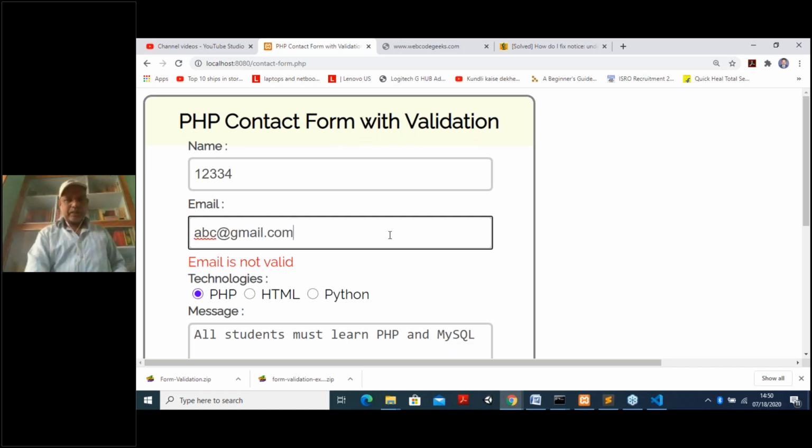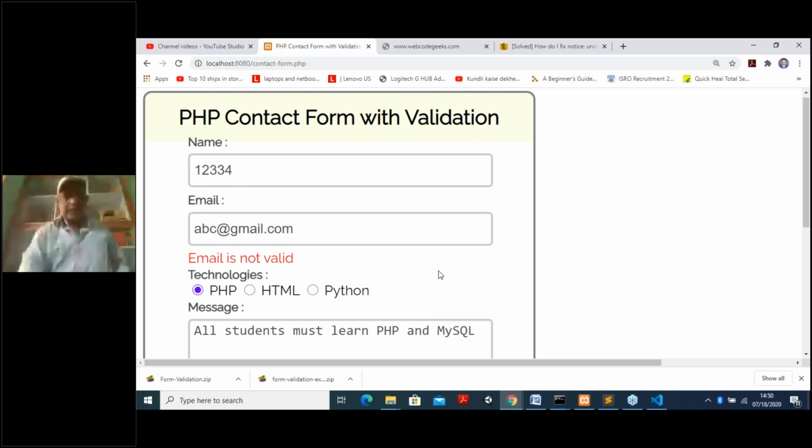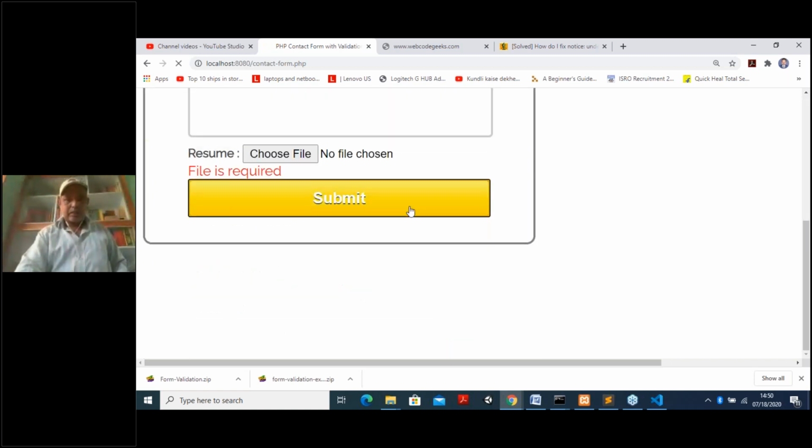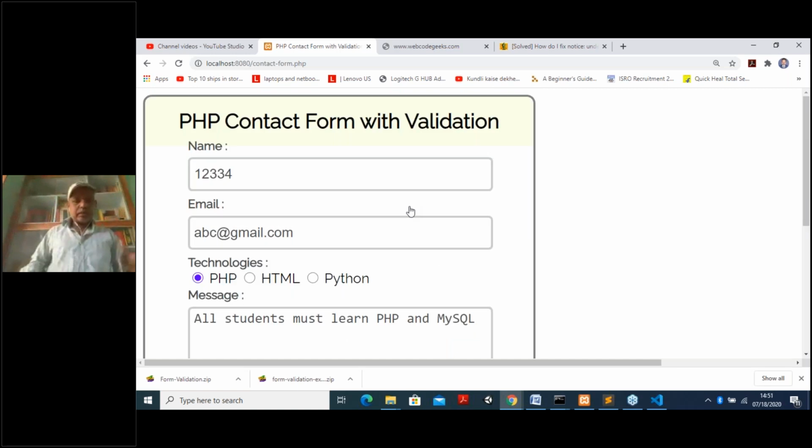I don't know whether this email ID exists or not, but the format is okay. I cannot check whether it exists, but it is accepting because it is in the format: one @ is there and one dot is there. If it is in this format, then it will accept. Whether you provide the correct email ID or not, my system cannot check it. Okay, so these are the validations.